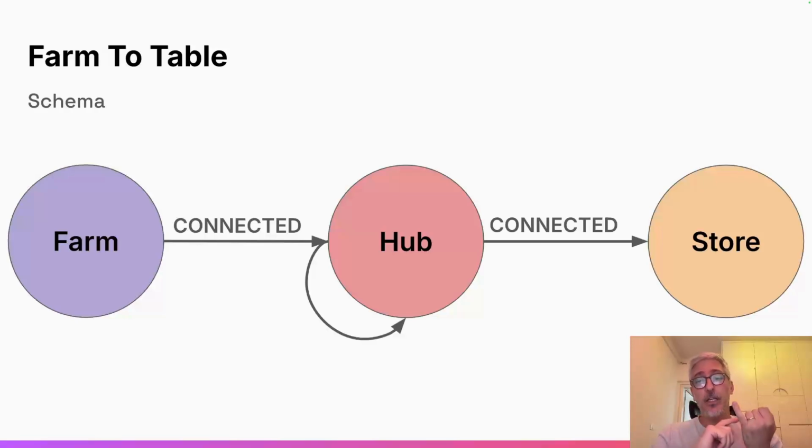We would have the farm node where the produce is made. Then products are moved from a farm to at least one hub or multiple hubs until they reach the store. So farm, hub, and store, these are the node types, and we have just one type of edge in this design, which is just connected to. So this is the graph